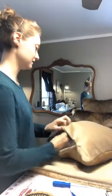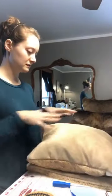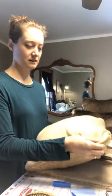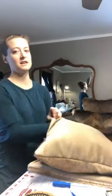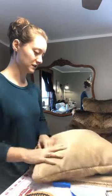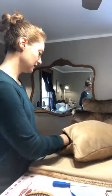With the pillow forms, I'd shove them in there and it was hard to get them in, and then it was hard to get them flattened out. And then the stuffing in the corners would go into a ball inside, and I'd have to go back and hand stuff the corners anyway. So I ended up going to hand stuffing,